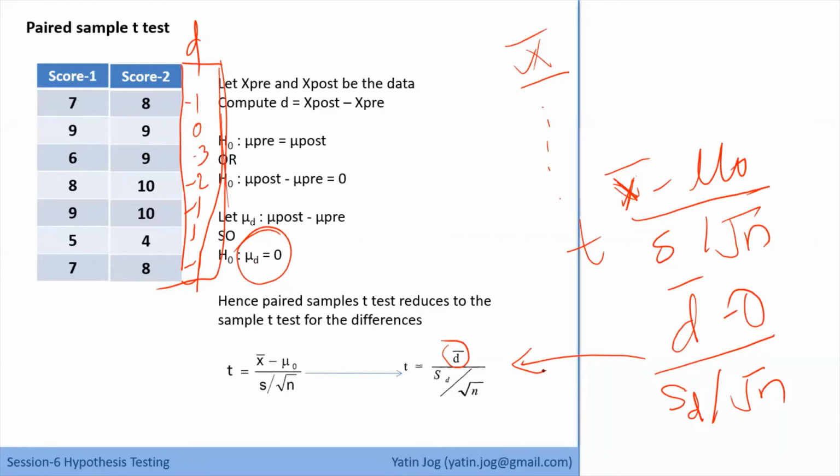Fine. Now there are two methods to solve this problem. In case of paired sample t-test, we have two methods to solve this problem. And now I'll show both the methods. So first of all, we'll go to the Excel where the same problem is given to you, and then we'll try to find the methods to solve this problem.